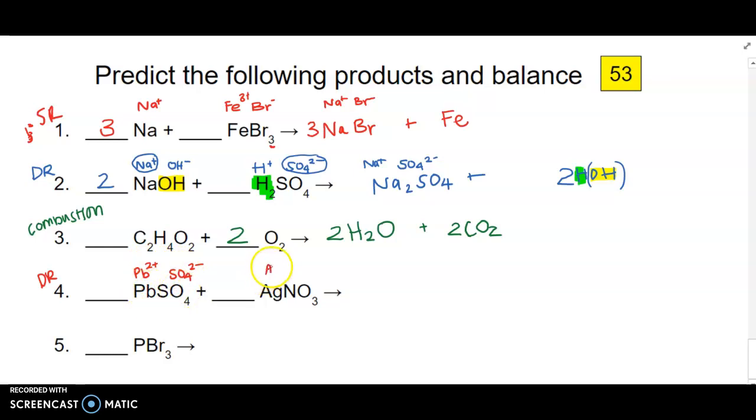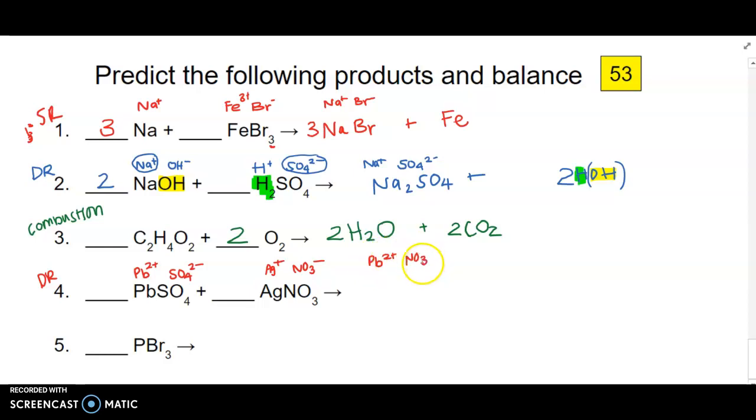On the right here, I have Ag and NO3. I know that NO3 is a 1-, which means Ag must be a 1+ because they're in a 1-to-1 ratio. If I form new compounds, Pb is going to partner with NO3-, so